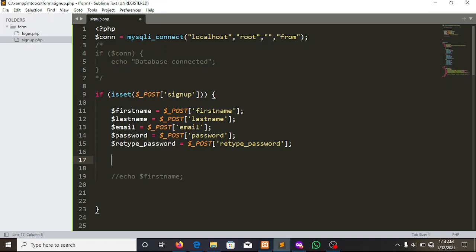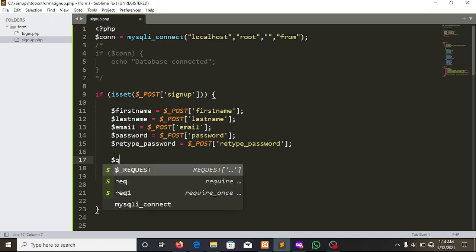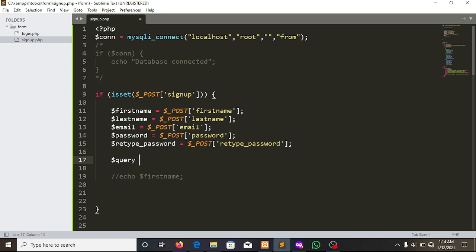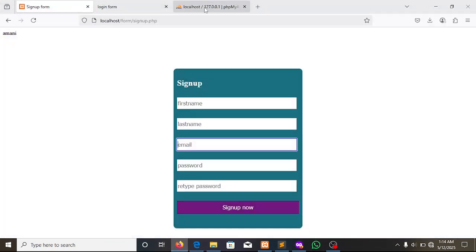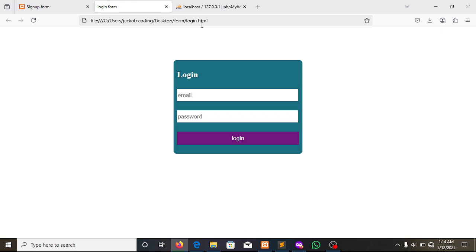So you should declare again a variable of query. You can declare a variable name, any name, it is your choice, but you should not start with a number. So now here I'm using a double quote, I terminate with a semicolon, and how to insert. So to insert, in simple, you can type here on your URL